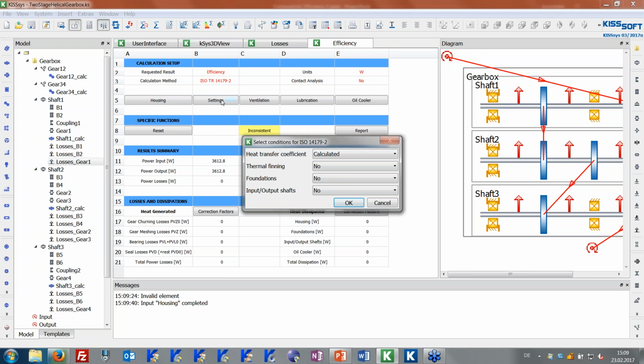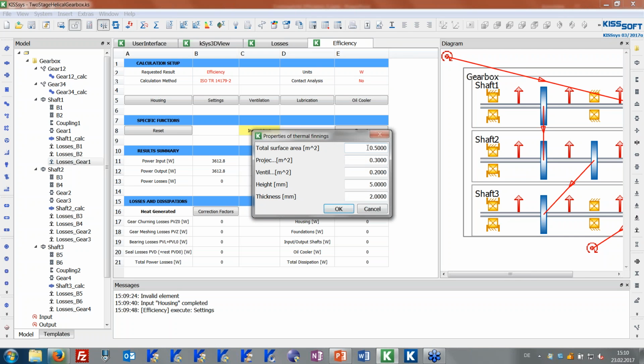Next are the settings. If you go there, you can define the housing in more detail, the detailed elements of the housing according to the standard part 2. So thermal fins, foundations, and input-output shaft. And you can click here. There is also an option to set the heat transfer coefficient manually if you like, but we would like to have it calculated. So the next windows will be about thermal fin, foundation, and input shaft. So if I click on OK, these are the inputs for the thermal fins,